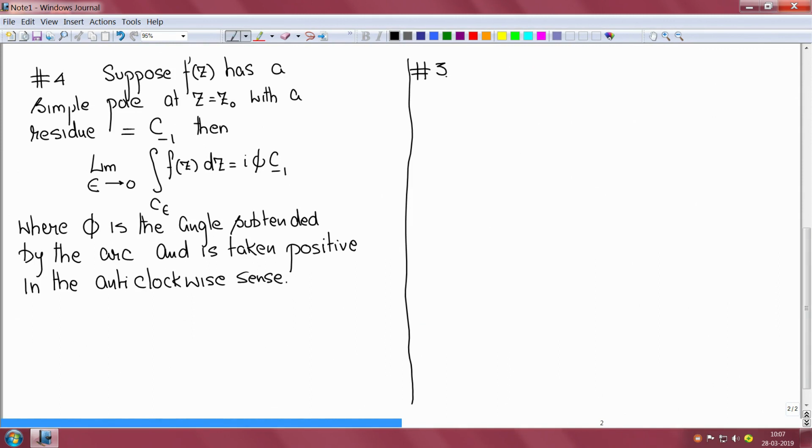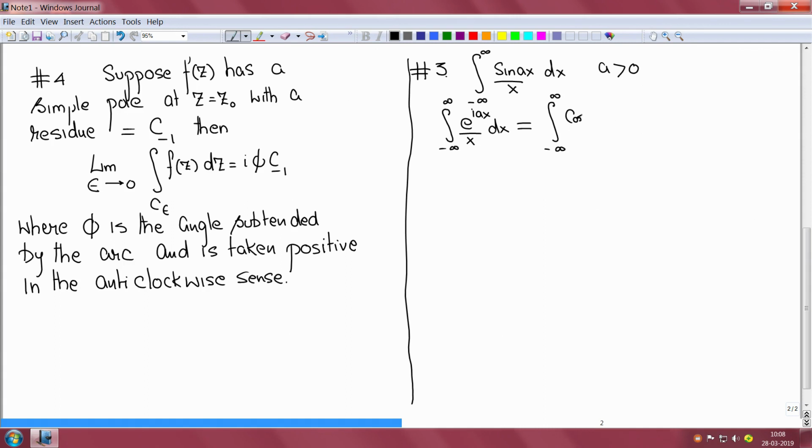We started looking at a very interesting example, which is the integral from minus infinity to infinity of sine of ax by x dx with a positive, and the idea we had proposed was that if we look at this integral from minus infinity to infinity of e to the power of iax over x dx,